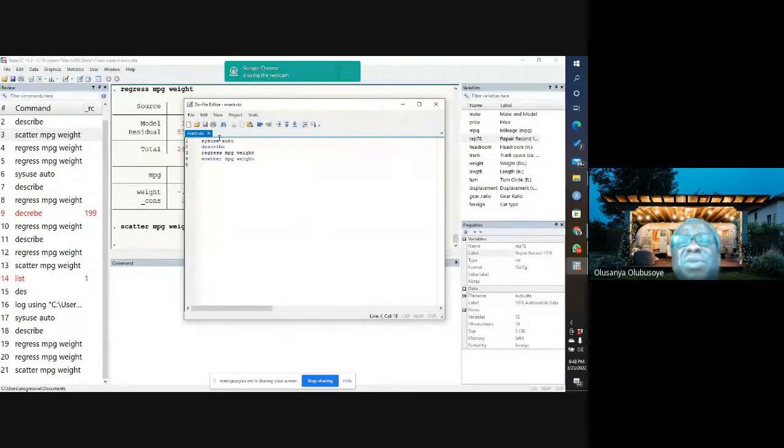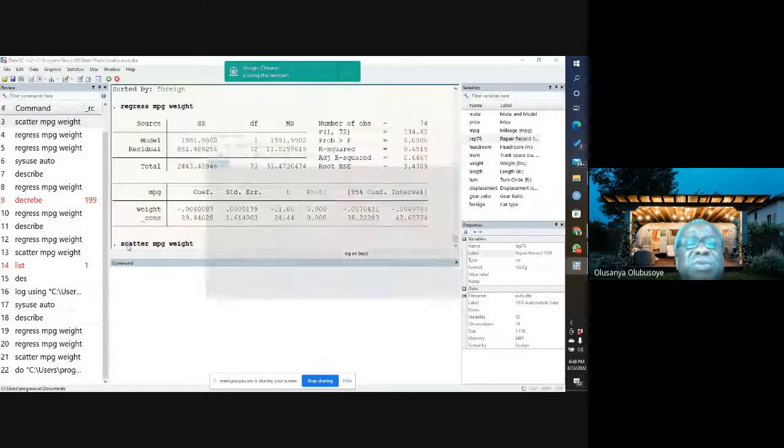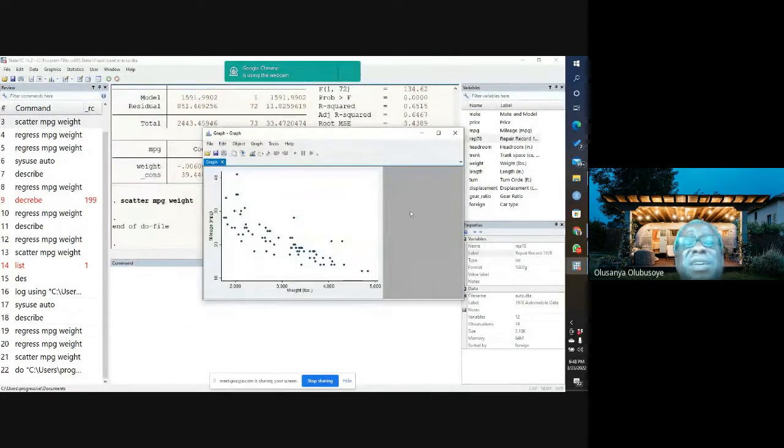mathR.do. So to run it, I can simply click on this execute do. If I click on it, it will run the command at a go. So this is the beauty of the do file. For a do file, it allows you to execute